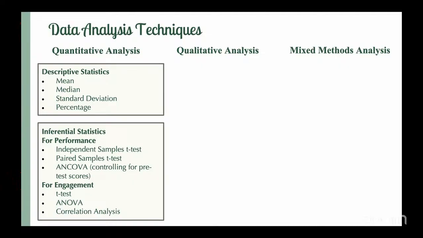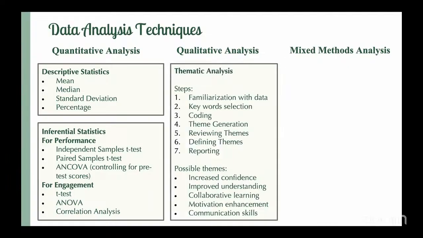For engagement, again, t-test, comparing the group that is undergoing peer tutoring and the one that is not. Here you have ANOVA, then you have correlation, that is a Pearson analysis. So there are various statistics that you will determine depending on the kind of design you choose for your study. Qualitative, again, I said thematic analysis. There are many more beyond this.